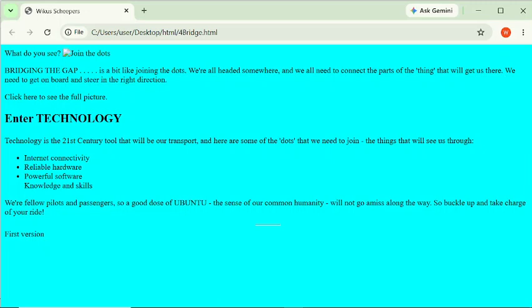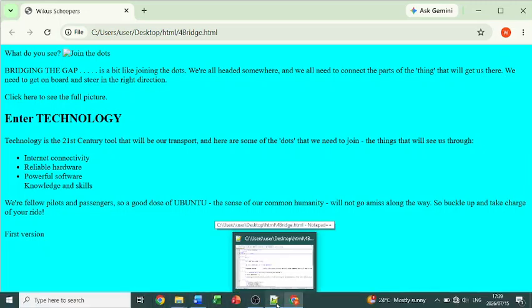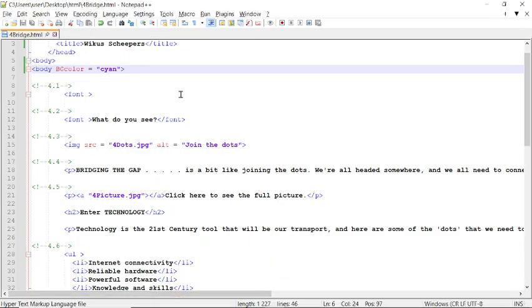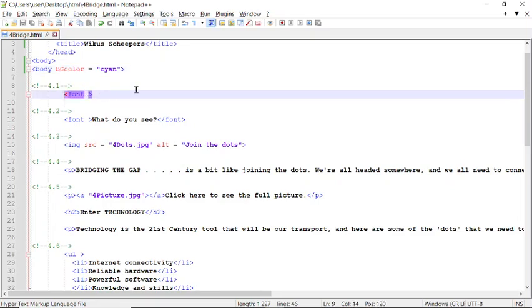Now the next step we're looking at is going to be similar to what we've just done, except this time we are going to change the font itself. So we are going to go here where it says font. Now if you want to change the entire font of your web page, we are going to say font and then face, because the face is everything you see on the web page itself. We are going to say equals, and then the font that I'm going to use today is Arial. It's a quite well-known font. It's been used a lot. You can see that we've got an opening and closing tag. We save it.